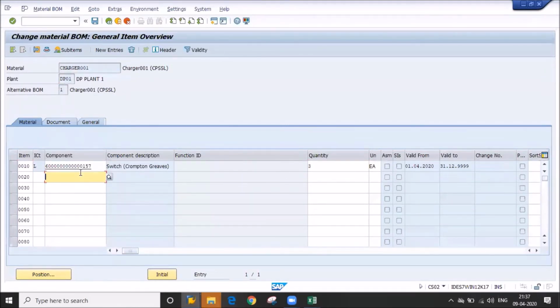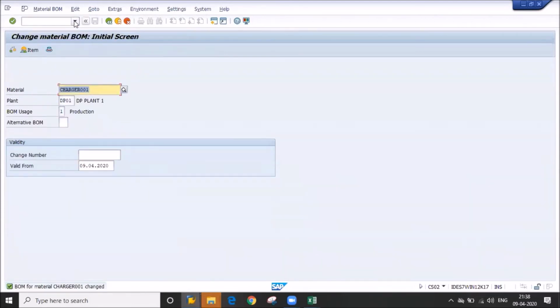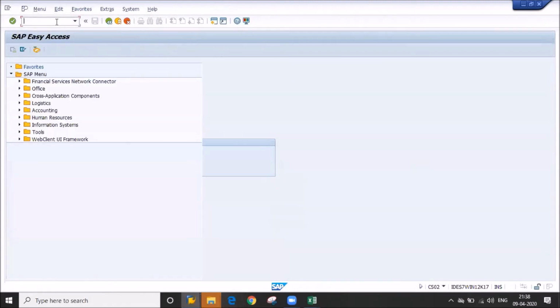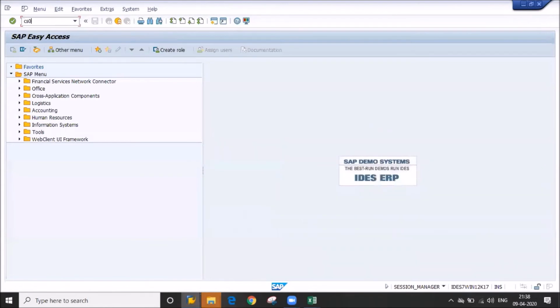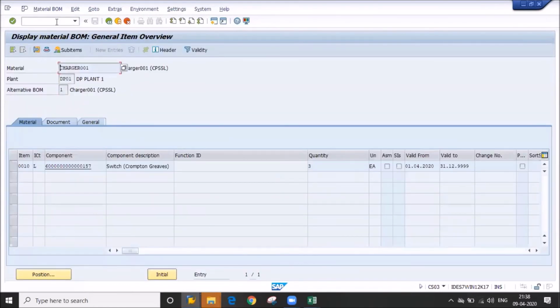If you want to add a new component, or change some base quantity or description, you can change it and save it again if required. And for display, what is the T code? Tell me. CS03. Right. So like that, you need to understand. Okay, so our BOM is created.